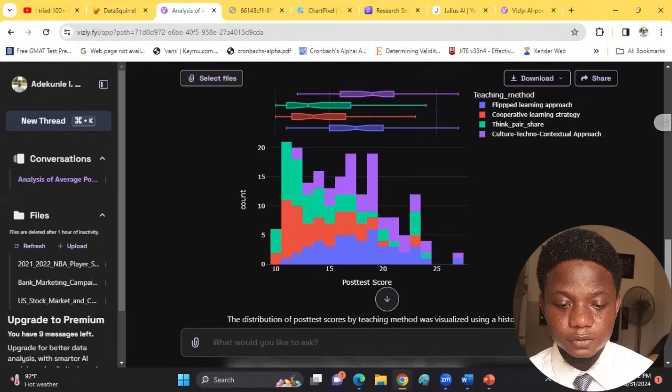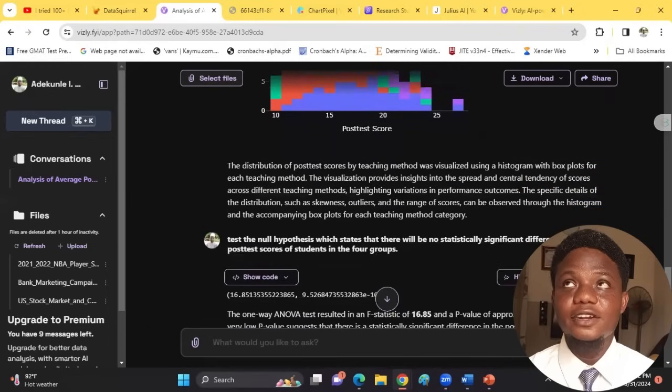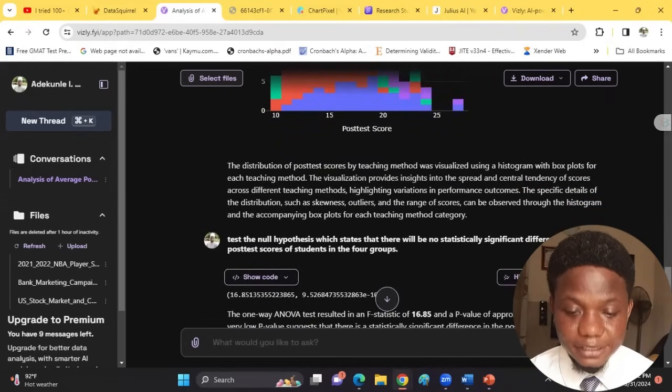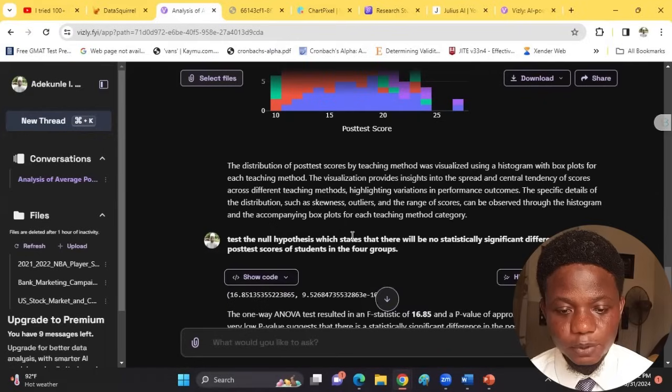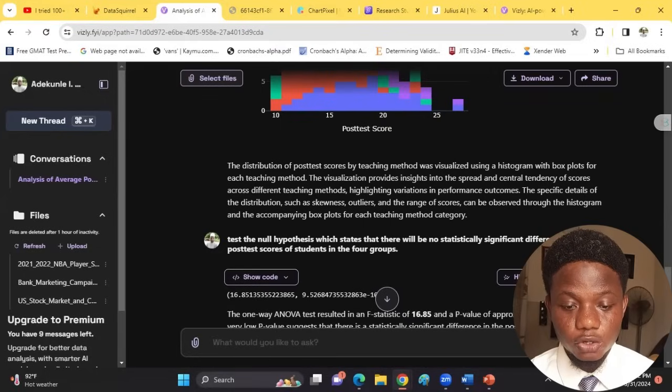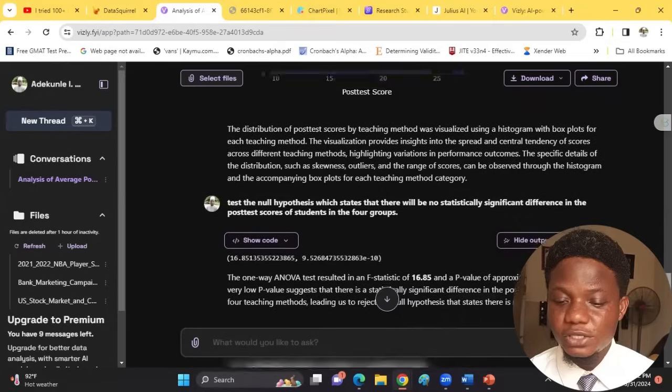I went further and generated the null hypothesis, and I said, okay, test this null hypothesis. The hypothesis is there will be no statistically significant difference in the post-test score of students in the four groups. That was the null hypothesis that I asked this machine to test, and beautifully it did that for